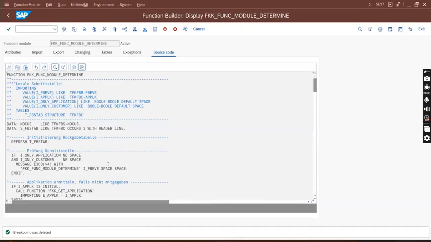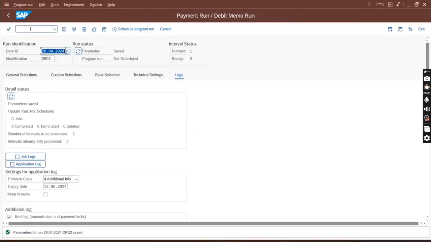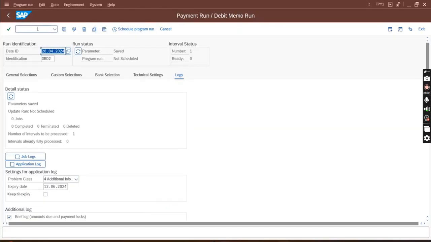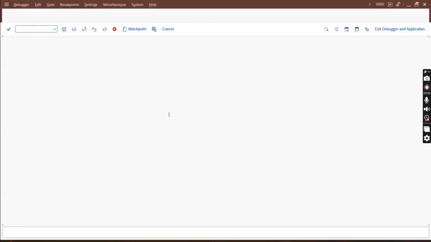Again I will put the breakpoint, because I turned off the breakpoint, so I'll put the breakpoint here. What you will do is write dbug enter. Now the debugging mode is activated. If you do it for a mass job, then you just need to enter the dbug. Next you will run the schedule program.